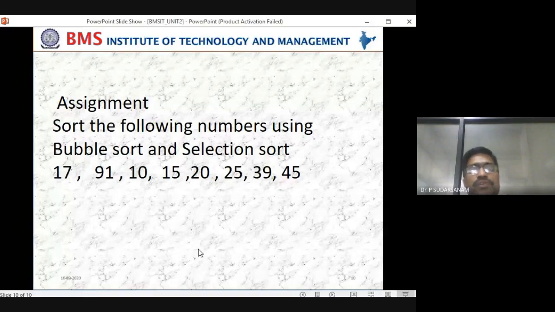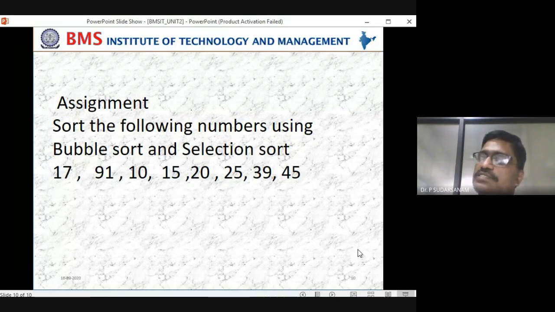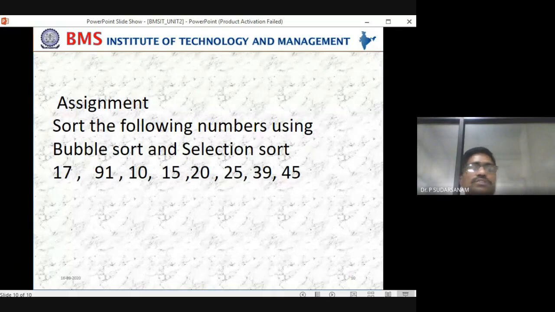So this problem you have to solve and keep within your notes. Next class onwards, I will make a Google Classroom. You accept the invitation so that I can send things there, and then you can upload. Every piece of information will be available there, and corrections are also easy for me. But for today's class, don't send it to my mail ID. Solve it and keep it with you. I will see it when you come to the college. If you have any doubts, you can ask me tomorrow, or now also.